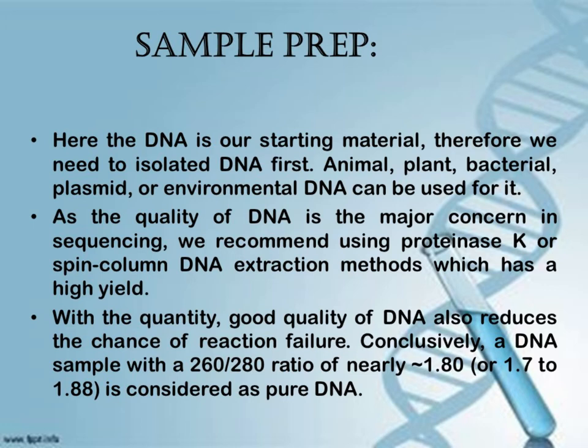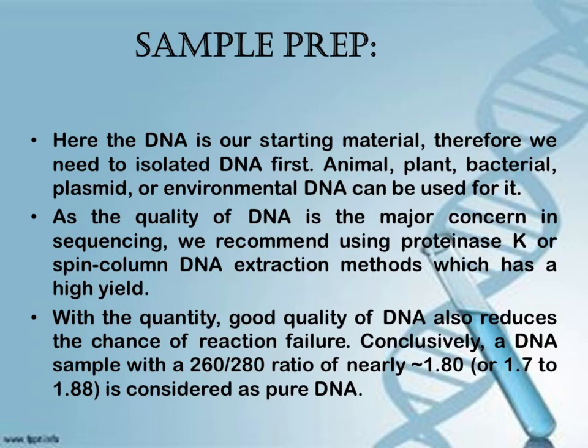And the last step is to elute. The wash buffer is removed and an elution buffer or simply water is added to the column. The column is put in a centrifuge again, forcing the elution buffer through the membrane. The elution buffer removes the nucleic acid from the membrane and the nucleic acid is collected from the bottom of the column. It is very important that good quality DNA is extracted, because poor quality DNA increases the chances of reaction failure.